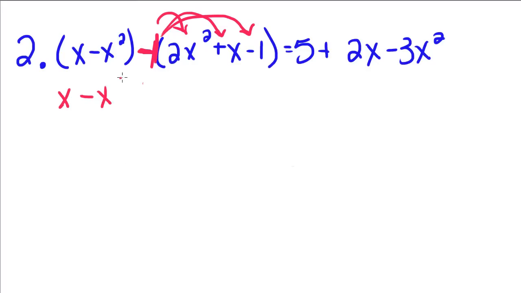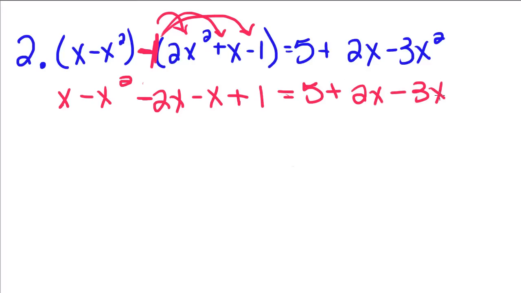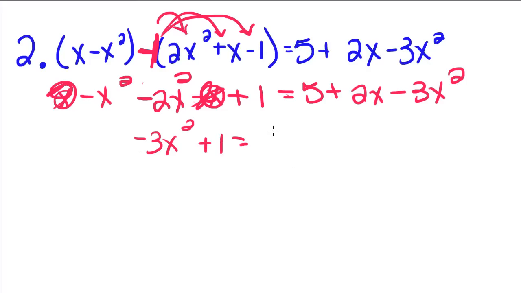So x minus x squared minus 1 times 2x, x times negative 1, negative x, negative 1 times negative 1, positive 1, 5 plus 2x minus 3x squared. Oh, I forgot an x squared on that x right there. So x minus x, those x's are going to go away. Negative x squared minus 3x squared gives me negative 3x squared plus 1 is equal to 5 plus 2x minus